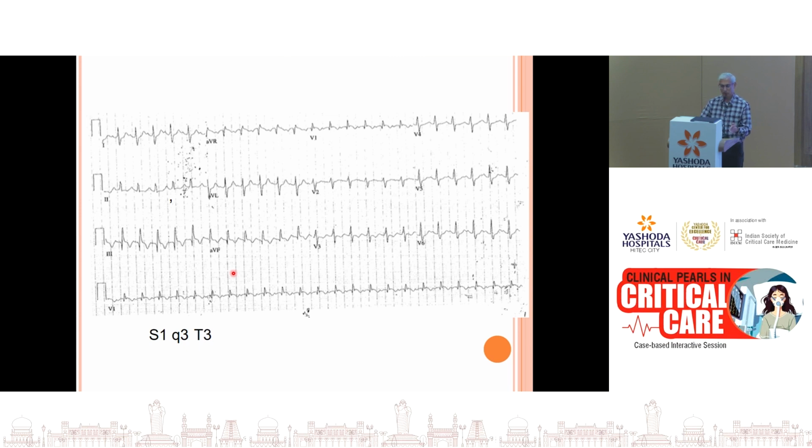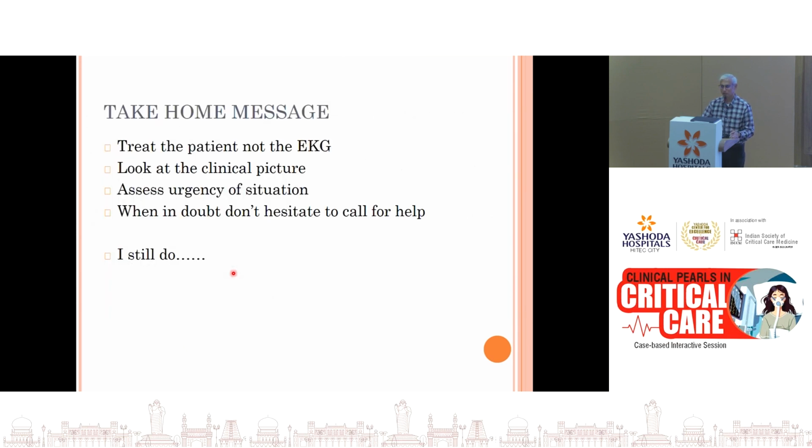So the diagnosis will be made when you do an echo. You will see that the left ventricle is normal. There is no regional wall motion abnormality, but there may be dilatation of the right ventricle or the right atrium, and the CT pulmonary angio will confirm the diagnosis. So therefore, the take-home message from this morning's talk is that we have to treat the patient and